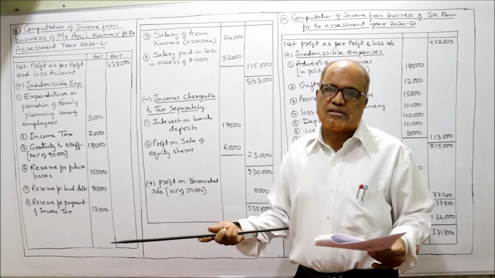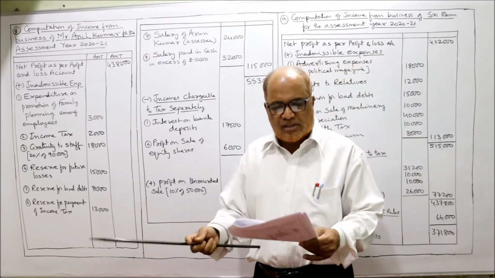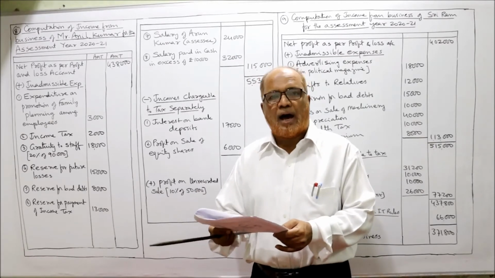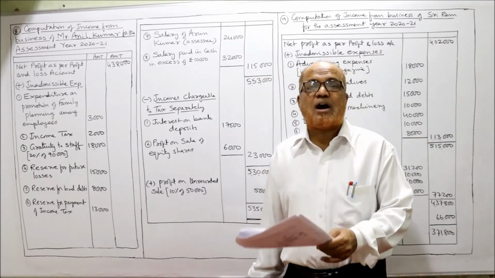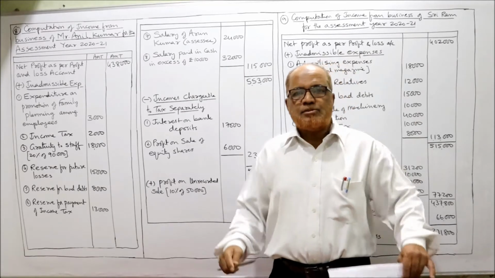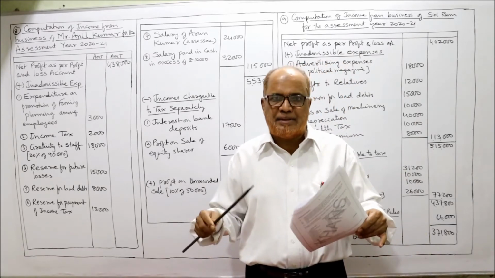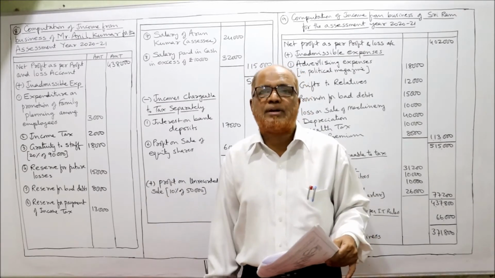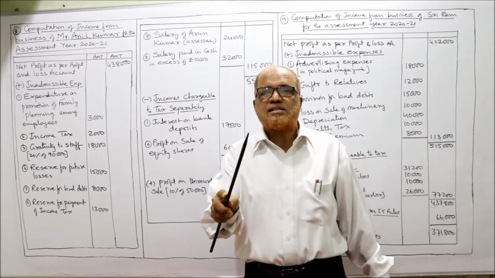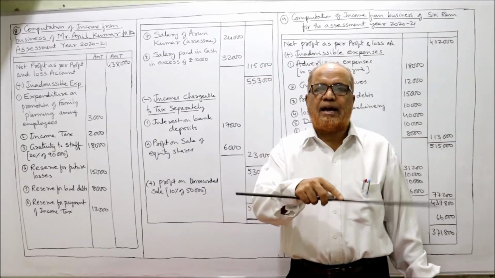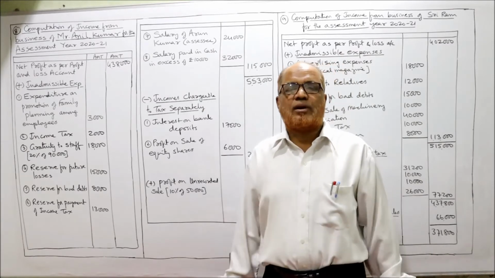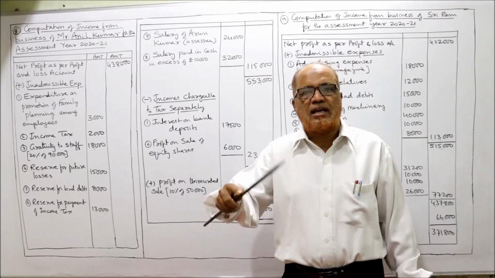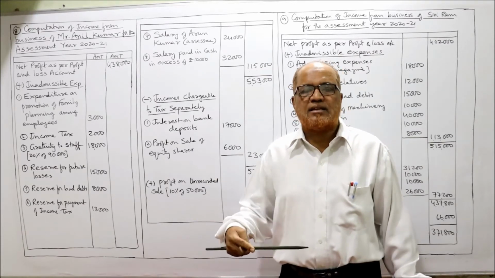Then car expenses, assuming that the car is used for the business, so it is allowed as deduction. Office expenses allowed. Rent and repairs of building allowed. Municipal taxes of staff quarter. Now see, some staff quarters have been made by the businessman, by the assessee, and these staff quarters are allotted to staff members or employees. So as long as the employees are working with the employer, they can stay in the staff quarter. So if any staff quarter is made by the assessee and given to the staff and the rent is collected, the rent